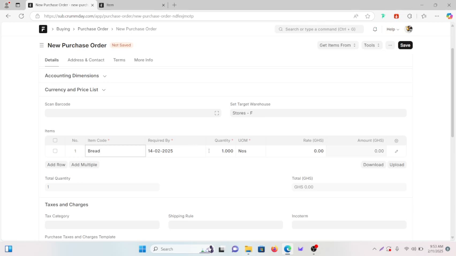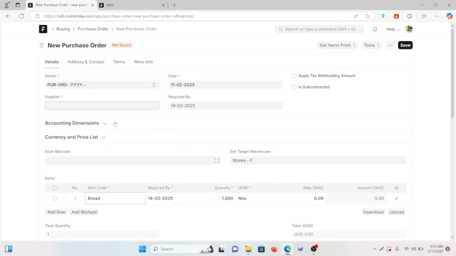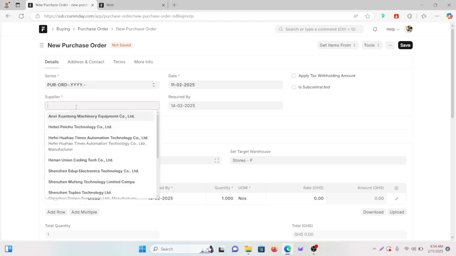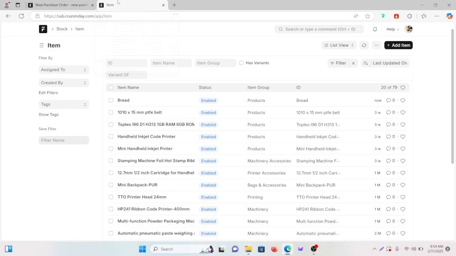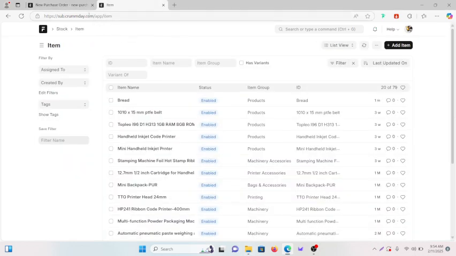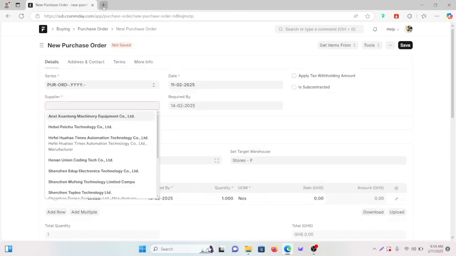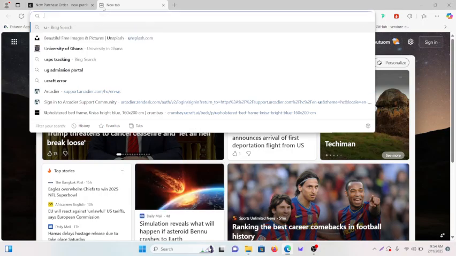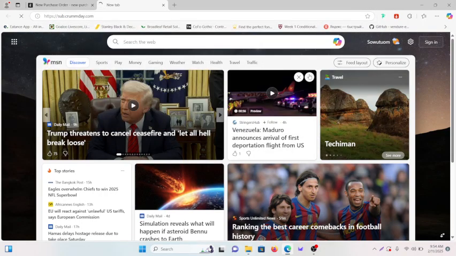So now let's assume that from this supplier, we want to buy some quantity of items. Now let's not forget, before you buy from a supplier, you have to actually select a supplier name, or you have to actually have access to a supplier. Now to do that, let us open a new page. And to open a new page, as I explained, you just type the same URL, and then you navigate to this particular page. Let's do it again. Let's type the same address, and then we'll be greeted with